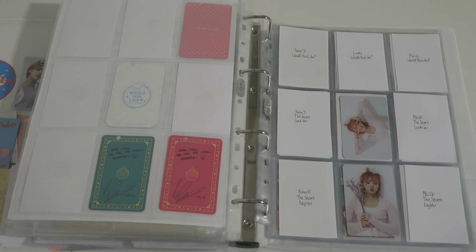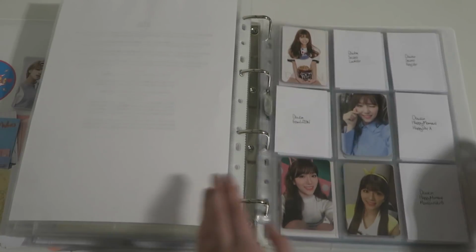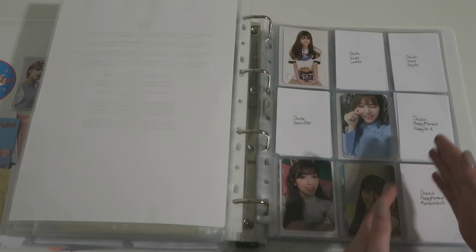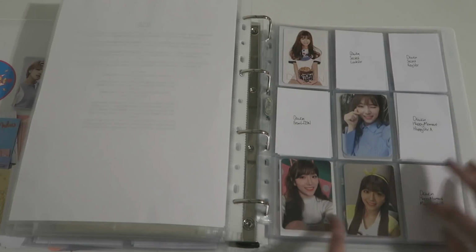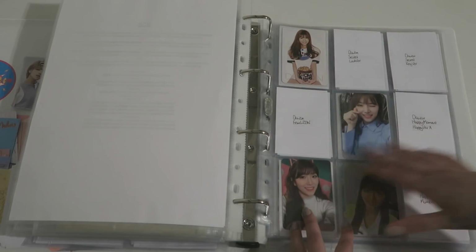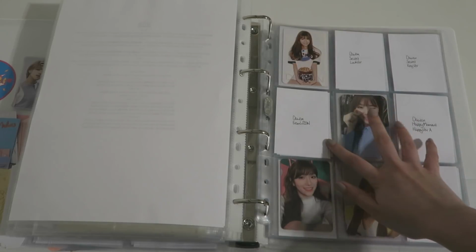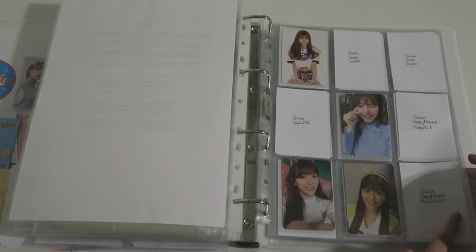I think it looks quite nice. And I forgot to mention here, I kind of separated it because I usually put album photo cards together than other ones, but since there's 4 for Happy Moment and then there's 4 from releases before Happy Moment, I'm just gonna put the Would You Like concert card in the middle to kind of separate it and give it space, because I can continue this on from